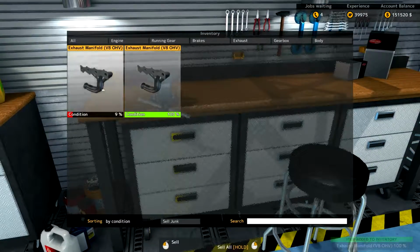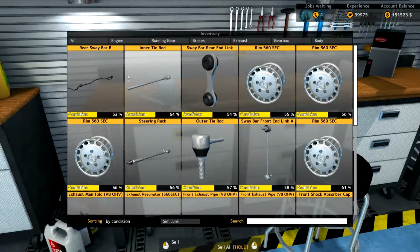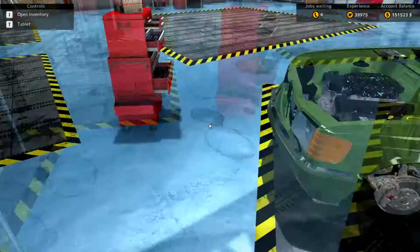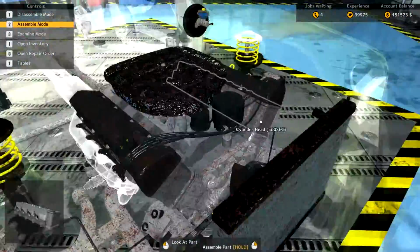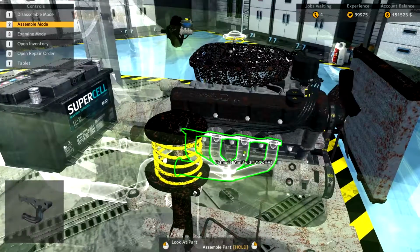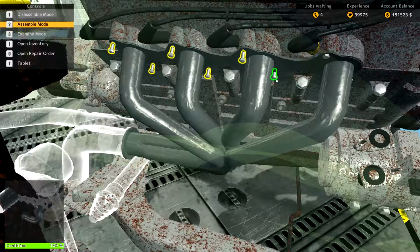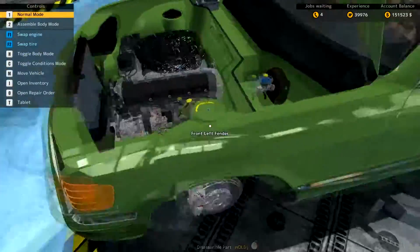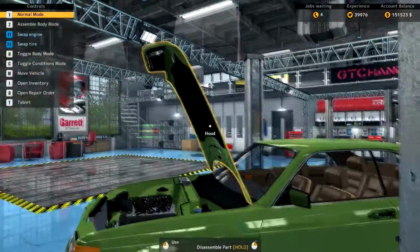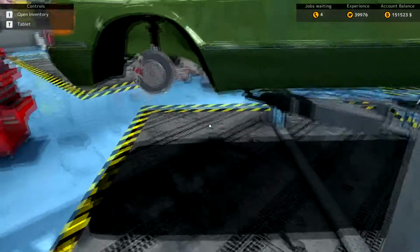There we go. Get that out of there. And the lowest one is 52%, which is actually higher than our required 51% repair value. So let's start getting those parts back in and see what we've earned for the day. The exhaust manifold bolting straight back onto the engine block there. I think we're pretty well finished in the engine bay, so let's get that car back up on the hoist